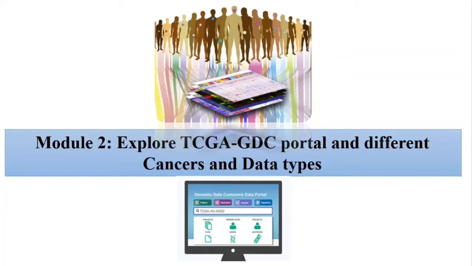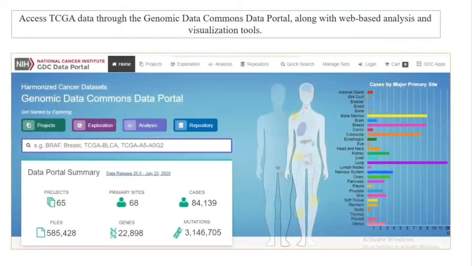Download those data sets by using the GDC data transfer tool. So why are we using this GDC portal? To explore the data with respect to different types of cancer sets, and how to visualize those data sets by using this particular portal. So we are going to explore what projects are involved, how to explore those projects, how to analyze those projects by using a particular search, what this repository tab is and what the use of this is, and how we can use the quick search tab for searching with respect to our target of interest.